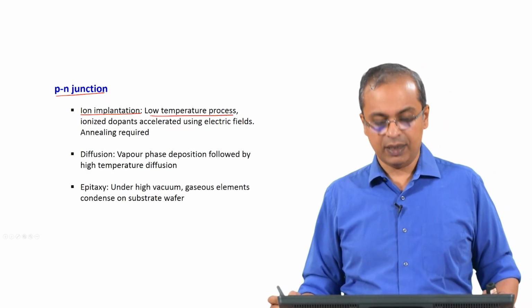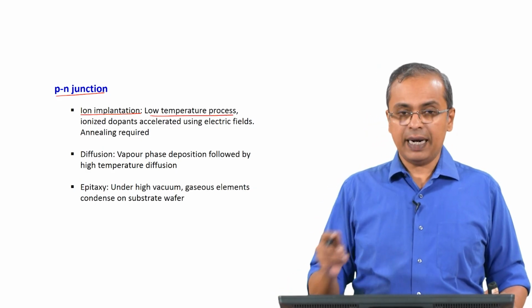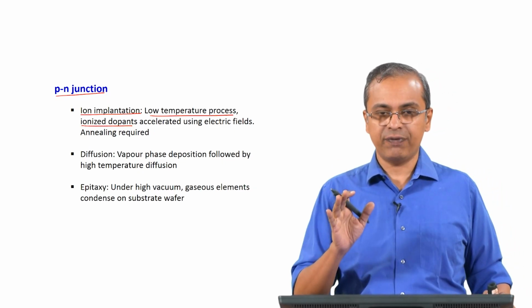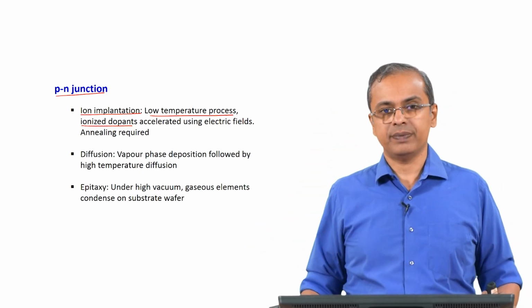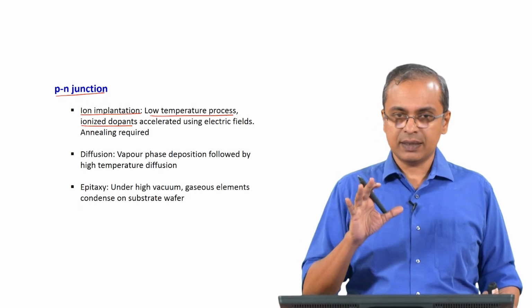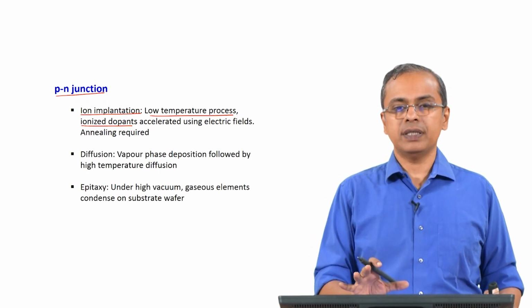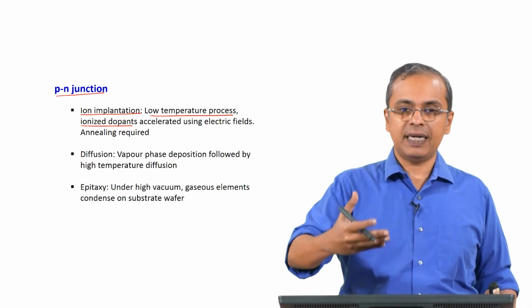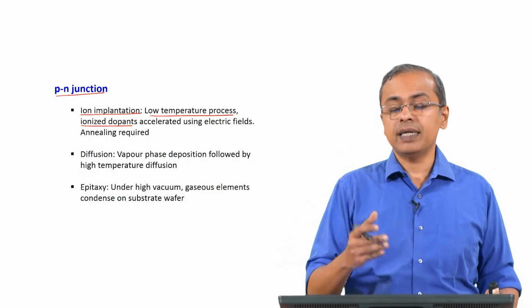So, that is what is typically used. The idea here is that ionized dopants are accelerated using electric fields and implanted into that sample. This is considered a very effective way of doing this. The only issue with this is that it does some crystallographic damage to the sample, and so then after you